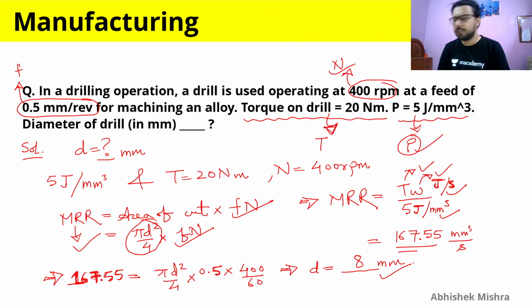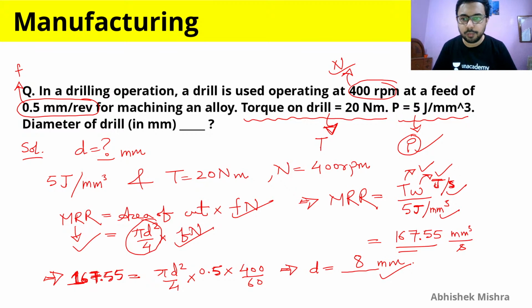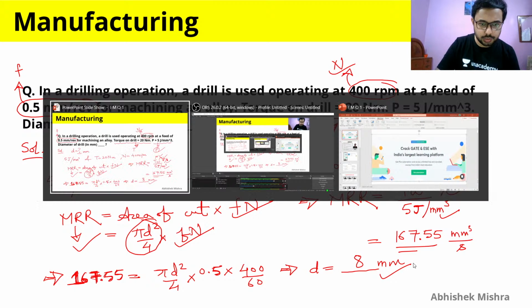As you can see, what we have done here is quite simple, quite easy. We have not calculated something a lot different, so you can just find it by doing this process. Let me check the answer here, because the answer key I have written is 61.98 mm, which is quite different from what we have calculated. Let me check if the data I have written in the question is correct or not. Just give me a second.